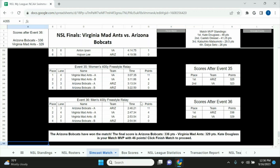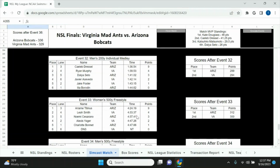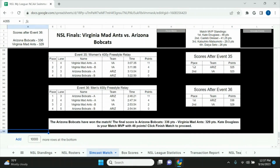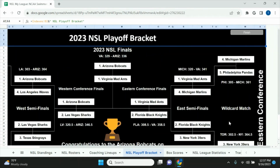So after going undefeated in the regular season, we end up choking in the finals. Kate Douglas was the MVP with 46 points, so that's really good for her. But Dressel and Chalmers on the same team is a little bit insane. He just went 1:36 in the 200 IM, so there's not much I can do there. So yeah, now Arizona is our champion, and I'm going to do one more year and see